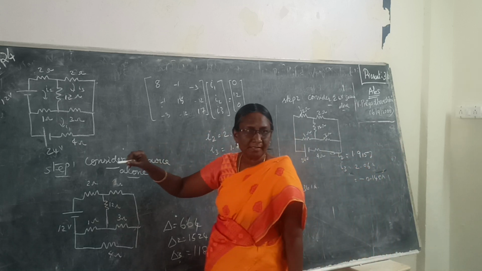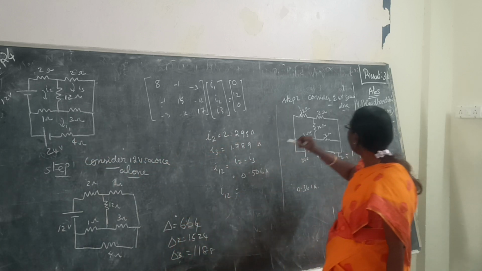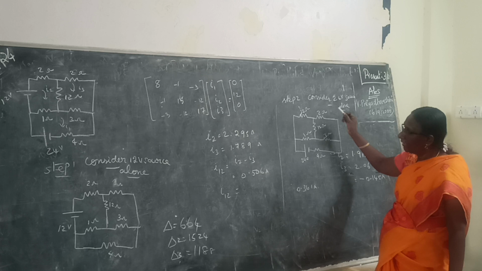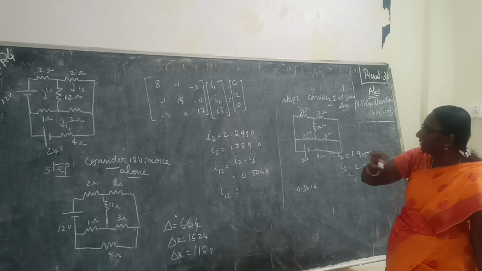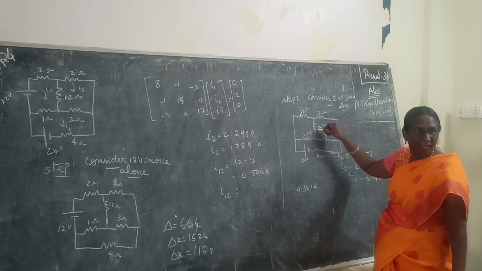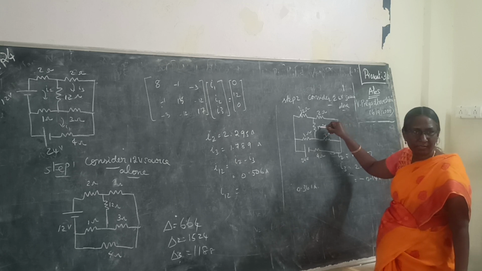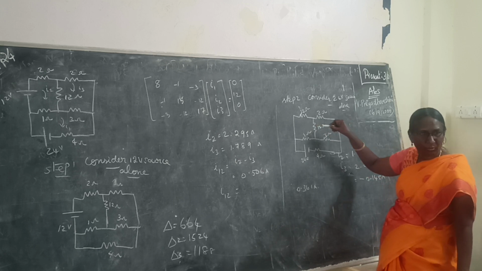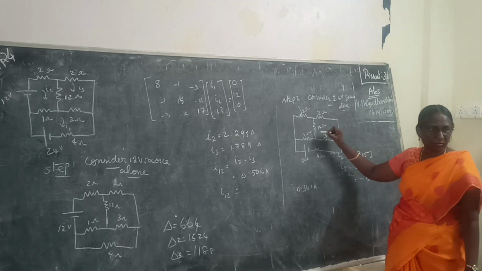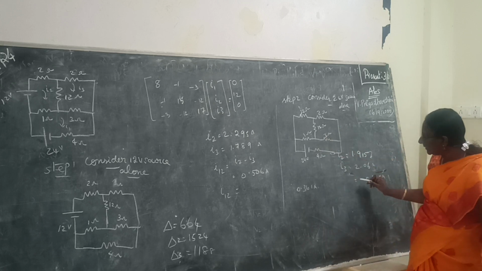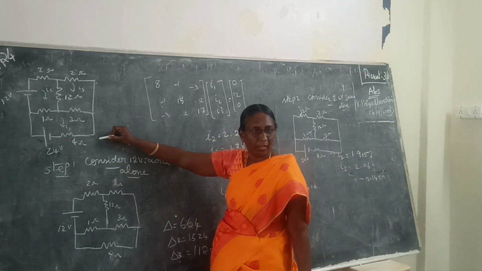Then the second step, what is step 2? Using the 24 volt source alone. By considering the 24 volt source alone and the 12 volt source inactive, again you are going to find the current through 12 ohm resistor. Understood? So that is the question, isn't it? You are going to find the current through 12 ohm resistor. Then current through 12 ohm resistor is again I2 minus I3. I find out I2 and I3. Then I2 minus I3 is the current through 12 ohm resistor. So this represents using 24 volt source alone. This represents using 12 volt source alone.